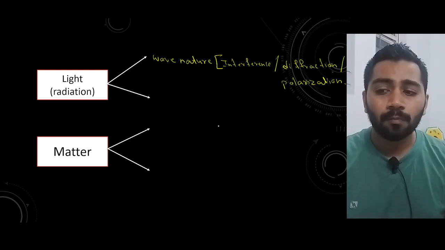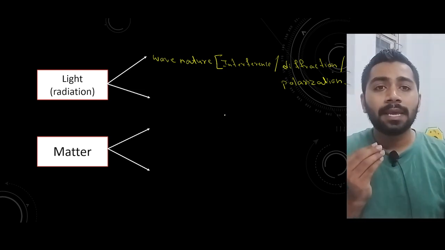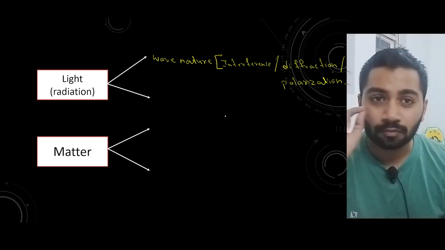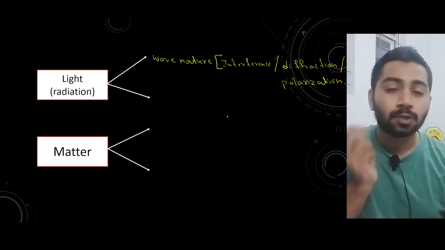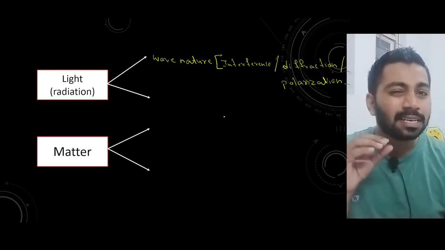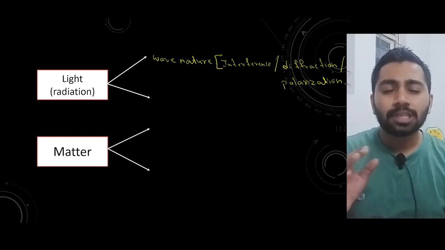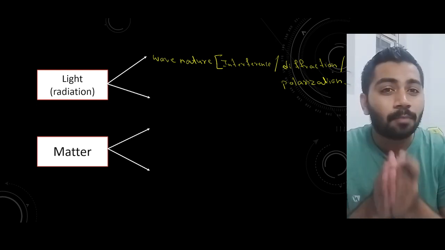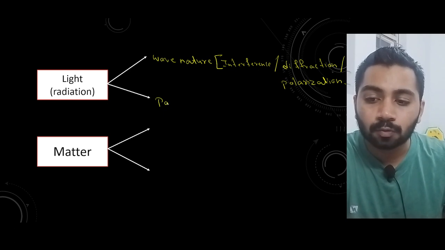Now not only this, at the same time, light behaves like a particle. How? See, light travels in the form of photons. Photon is like an electron. Photon is energy. Photon is a particle. So we can say light travels in the form of particles. We'll discuss it very deeply in the next slide. Now just remember, light travels in the form of wave as well as in the form of particle.